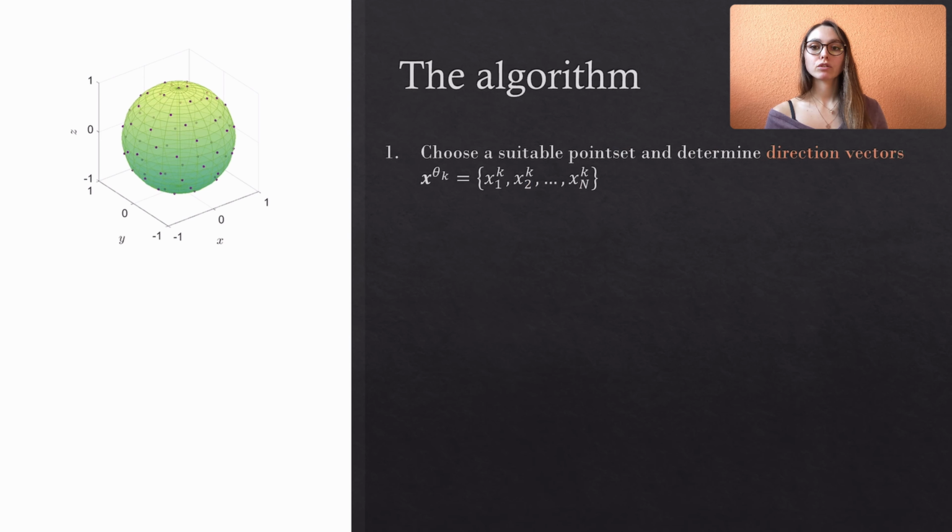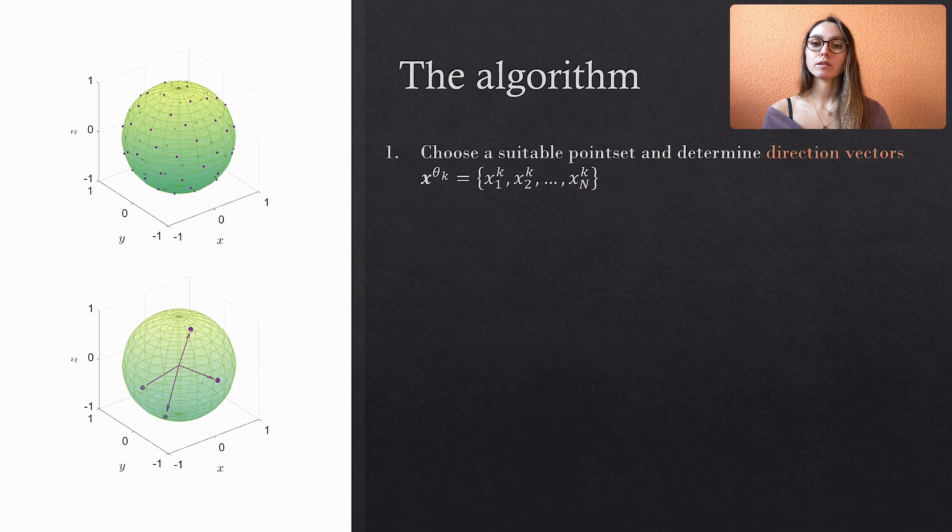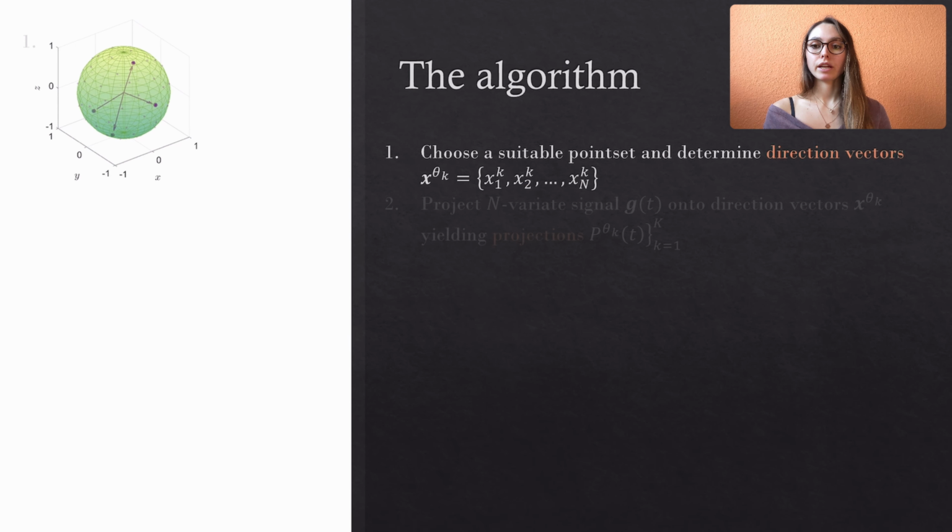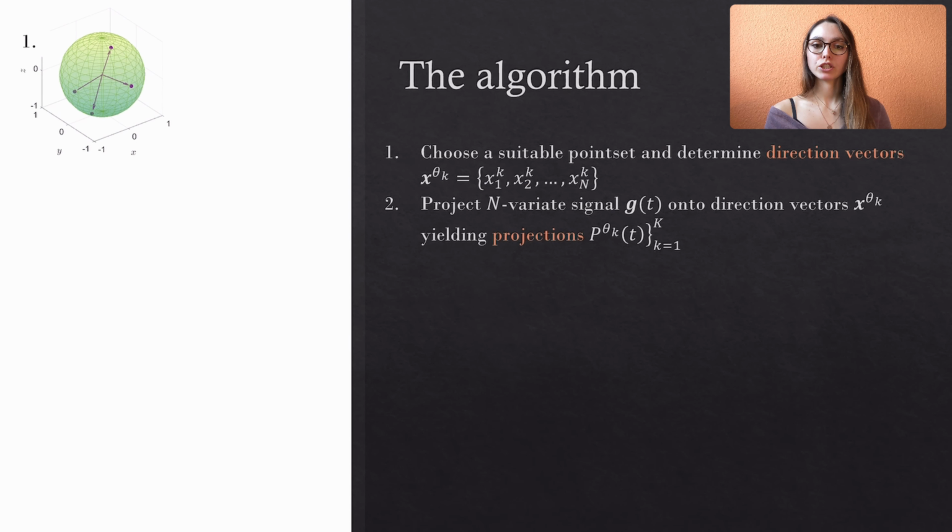Since the direction vectors point to each of the points on the unit hypersphere, they could also be defined by the angle theta. That's why we include the angle in the notation. In the following, we will use these four exemplary direction vectors to understand how the signal projections along the directions defined by the direction vectors work. Okay, so in the next step, our signal g of t is projected along these direction vectors, which yields the